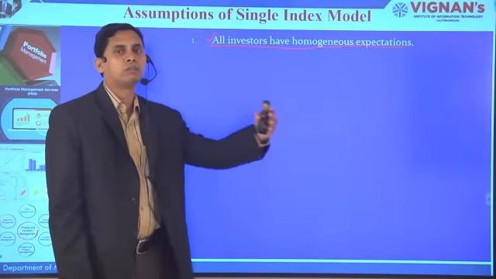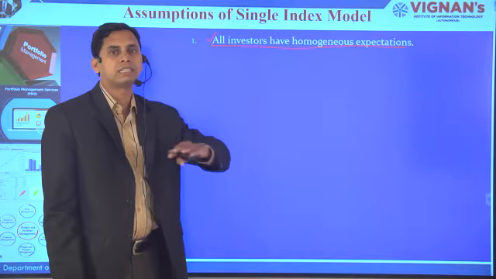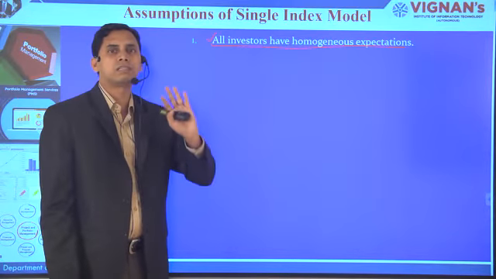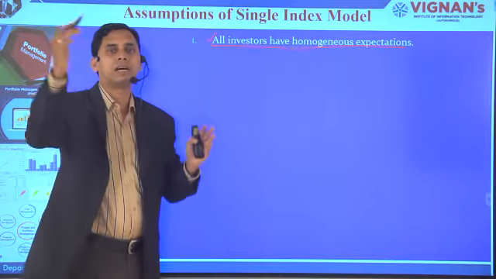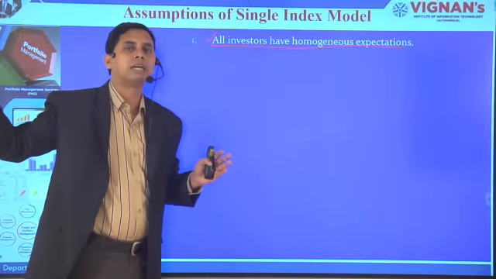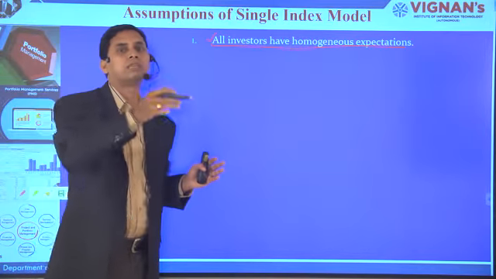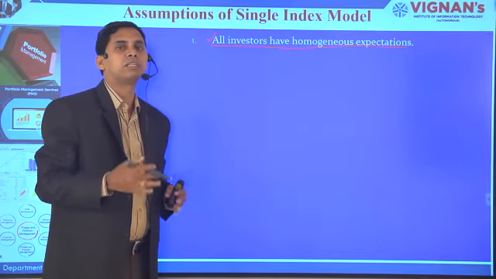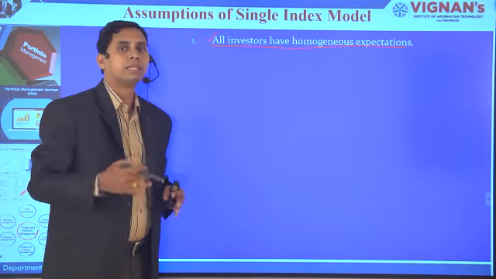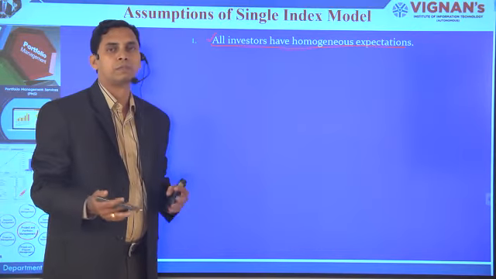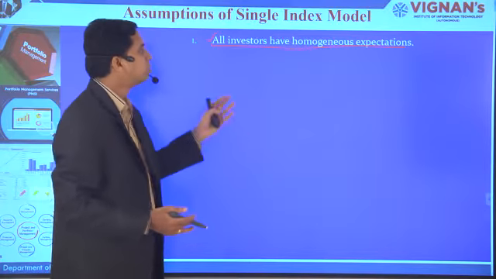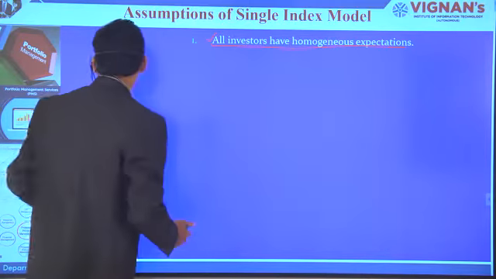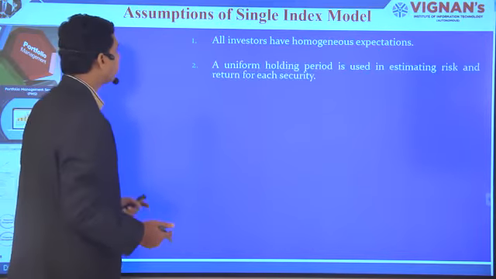Say, for example, you are going to invest your money into the stock market and wait for the next 5 years. Similar kinds of investors, say A or B or C, may also invest their money into this particular stock and wait for another 5 years. So their expectation is growth. Your expectation is also growth. So similar, homogeneous expectations held by the investors is the first assumption.